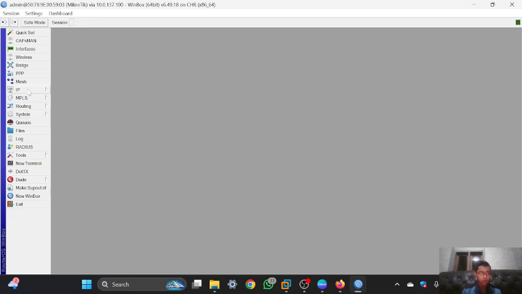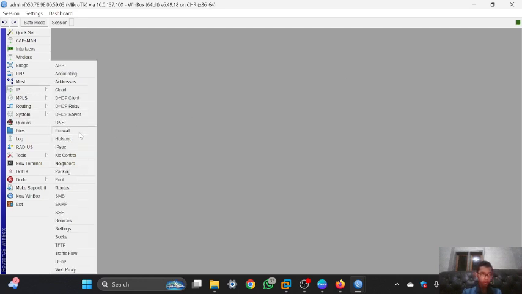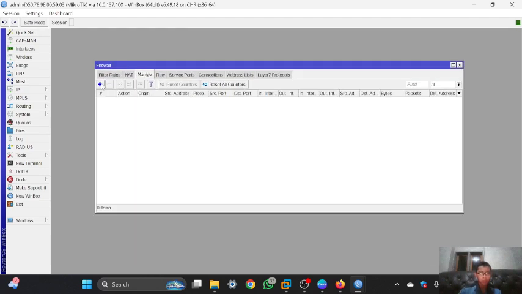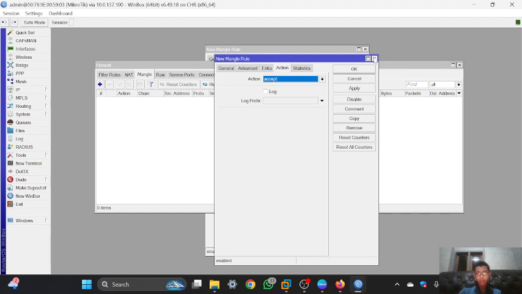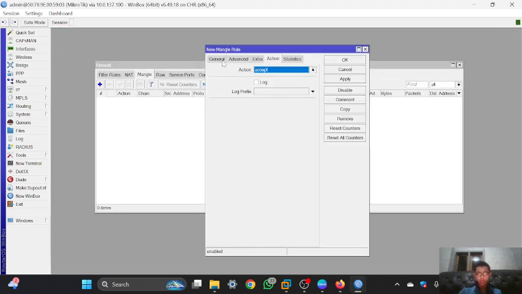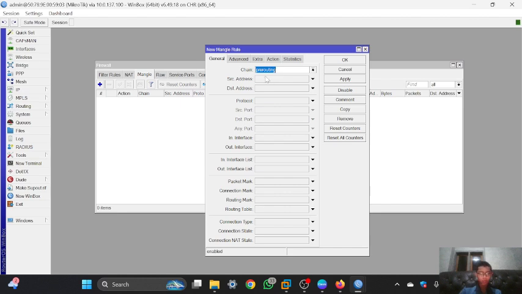You can go to IP and then firewall and then mangle, and in here you can click add. In the general tab, the chain is prerouting, and for the source address it is using the IP of VPC1 or VPC2. I will fill it with the IP of VPC1 first, which is this.